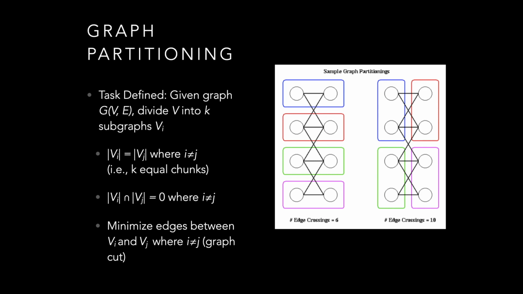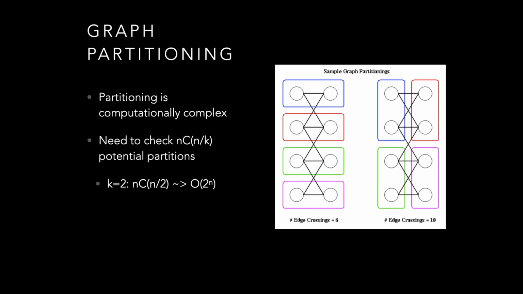So we can arbitrarily create equally sized chunks of nodes, and we can do so in a way where there's no intersection between these chunks, but minimizing the number of edges between these chunks of nodes, or these partitions of nodes, can be computationally complex. And we can talk about this in terms of